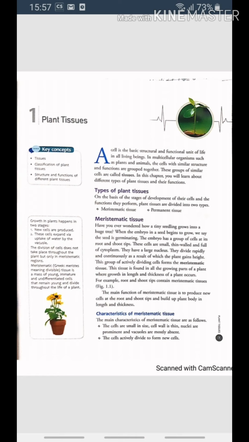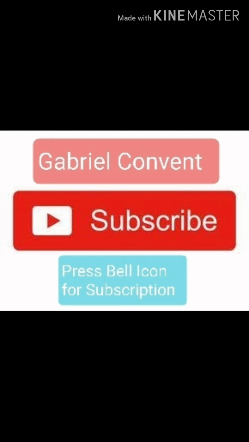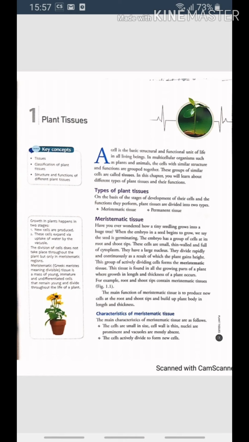Parenchyma cells are thin-walled, living, and have intercellular spaces. They may be oval, spherical, or cylindrical in shape. Parenchyma is present in almost all parts of the plant. Now see the collenchyma. What is collenchyma? The cells of collenchyma tissue are either circular, oval, or polygonal in shape. They are living cells found below the epidermis in young stems and petioles of leaves. This tissue provides structural support to growing stems and leaves.